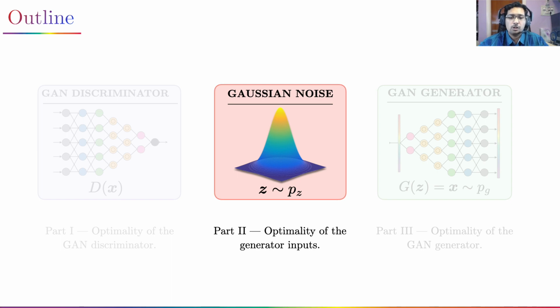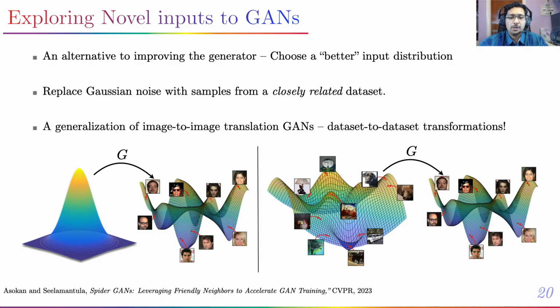Let's switch gears now to the GAN generator input. We hypothesize that while the parametric input to GANs might be too unstructured to efficiently model data manifolds, existing image-to-image translation GANs were too restrictive in their choice of input. We therefore formulated SpiderGANs, where the idea is to pick a friendly neighborhood input dataset to the generator, given